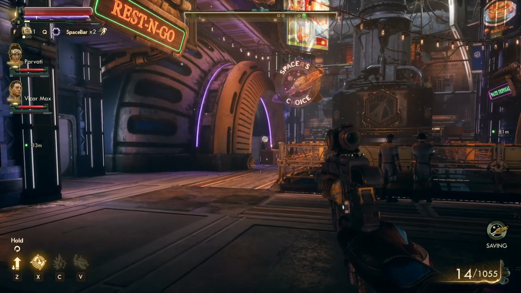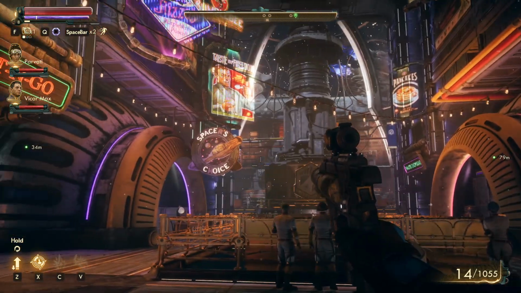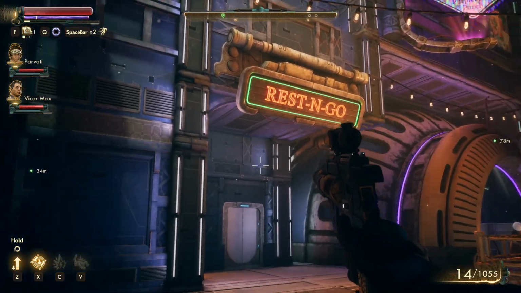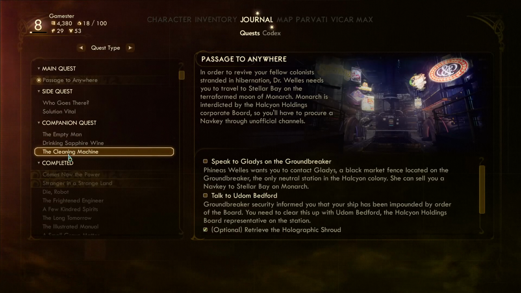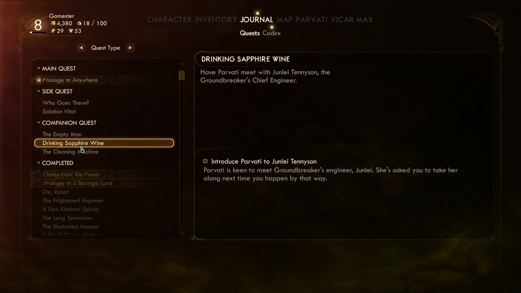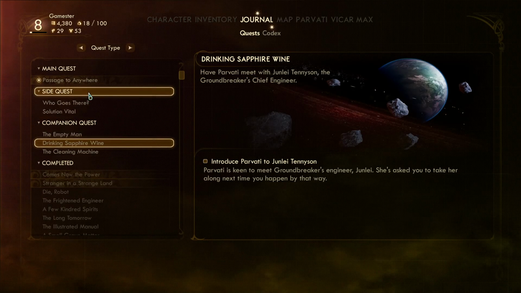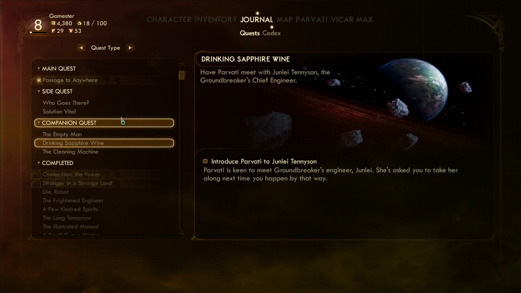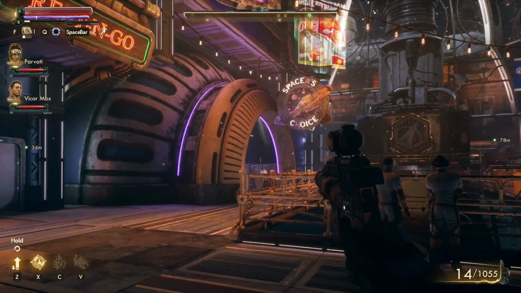Right, okay, well it takes time talking to people. It does take time. So now that we're on the Groundbreaker, we've had a little look around, spoke to some people, got some side quests. Well, we've got the Empty Man and the Drinking Sapphire Wine, and a couple of side quests here. So four of them. It's good to be getting on with. It's a good start. But I'll end the episode here because I don't want it to be too long, and